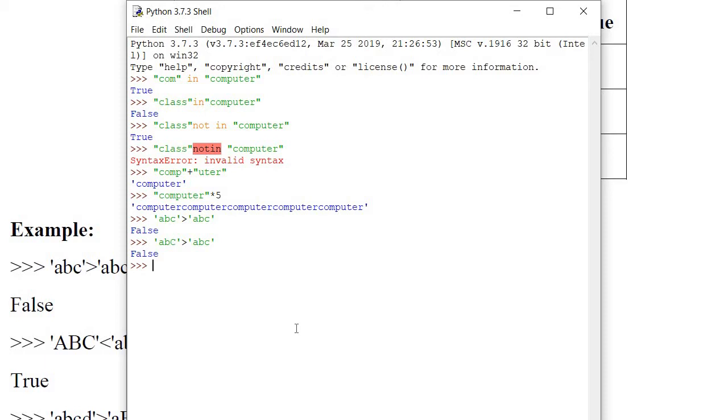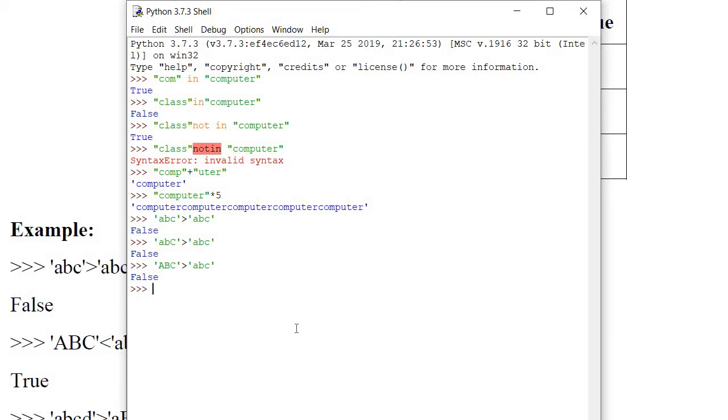Now here I will change the thing, I have to reverse the order: capital ABC and small abc.